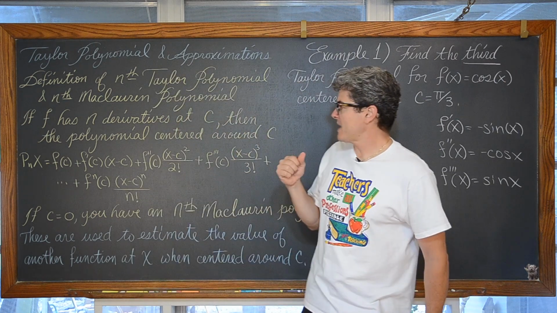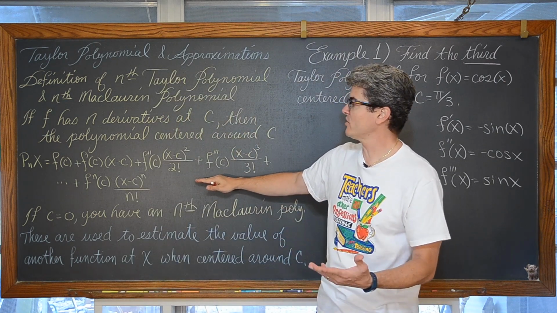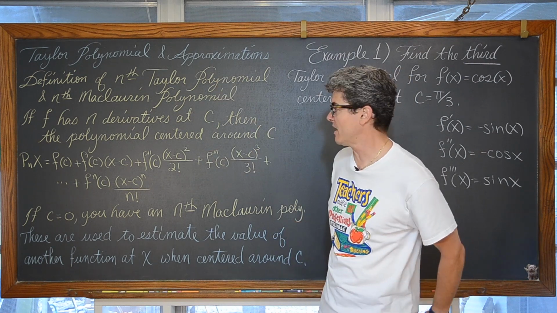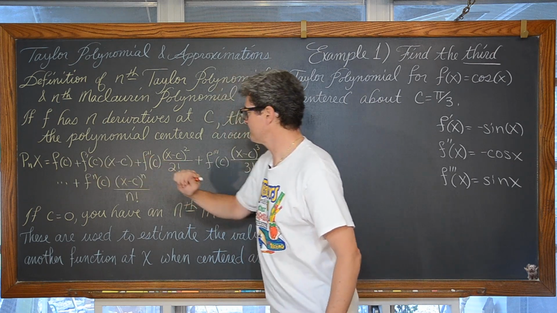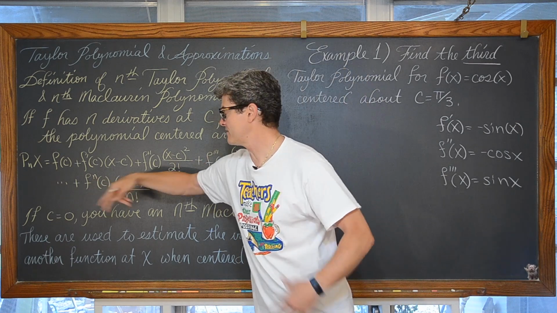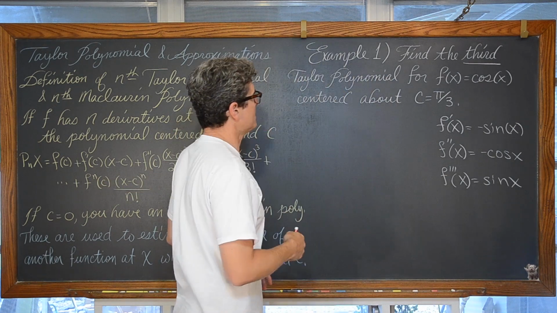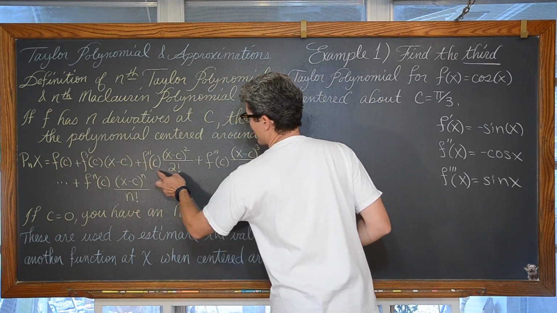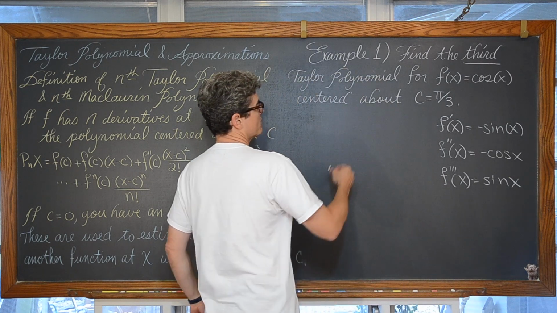This formula is asking for, oh, and you can find a proof for this Taylor polynomial, the definition of a Taylor polynomial, in the back of your textbook, or you can look it up online. I'm just going to work through these problems. We're looking at finding the values of these derivatives until you get to whatever nth Taylor polynomial you're looking for. So let's go ahead and plug in f of c, f prime of c, f double prime of c, and f triple prime of c. So we can plug them into our formula.